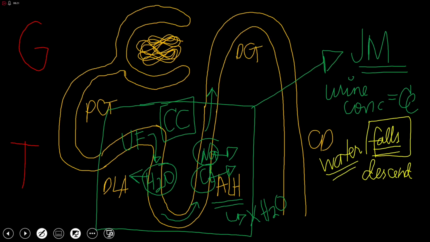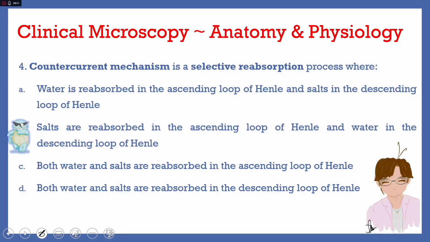Alright, what about the salts? Salts in the form of sodium chloride. In Tagalog, this is known as asin. So several students will be using that as a way to remember that in the ascending loop of Henle, the salts are the ones that come out. Okay, ascending loop of Henle. I hope that can help you remember the countercurrent mechanism. So let's go back to our slide here. So again, our answer is letter B, salts in the ascending loop and water in the descending loop of Henle.